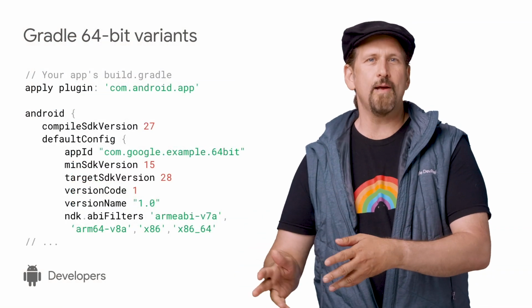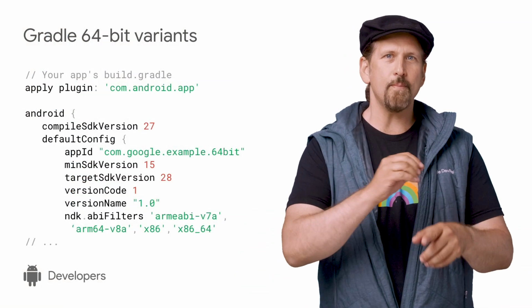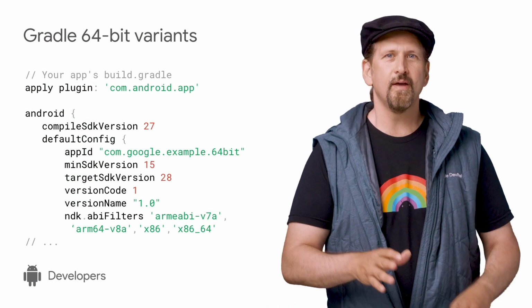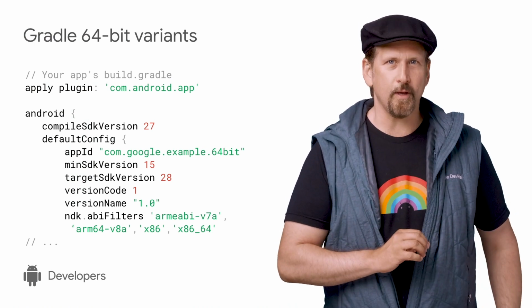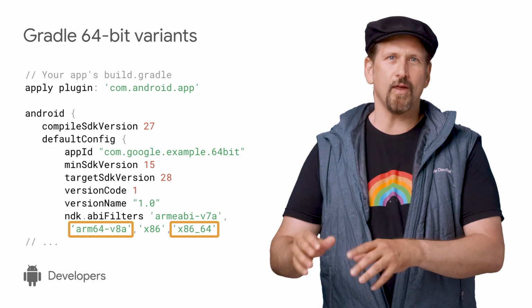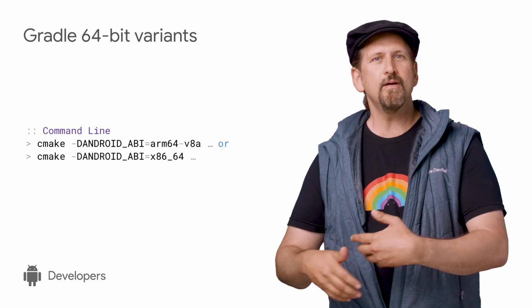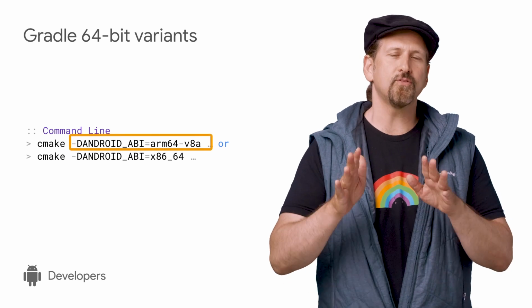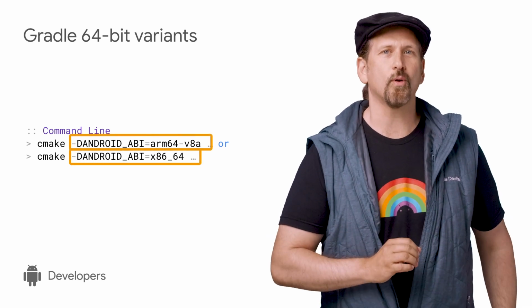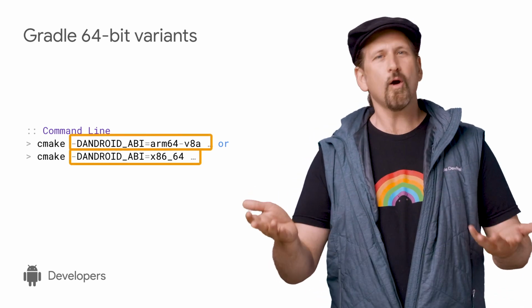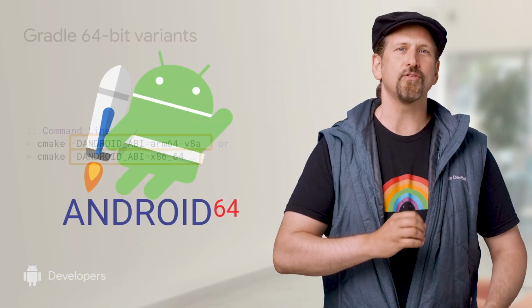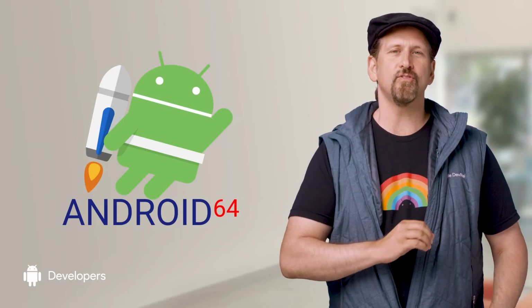If you're building these libraries along with your app, the first step is to see if they'll build in 64-bit. In Gradle, you can build in 64-bit by adding the 64-bit variants to the ndk.abiFilters setting. When using CMake, building a 64-bit artifact involves defining the appropriate ANDROID_ABI value. If you aren't building the library yourself, there's a good chance that the library developer is already providing a 64-bit